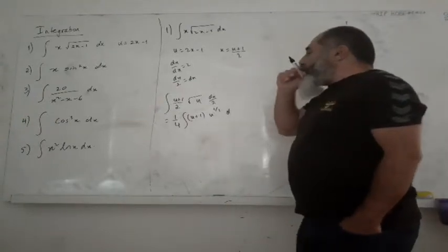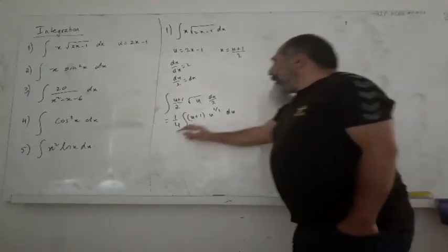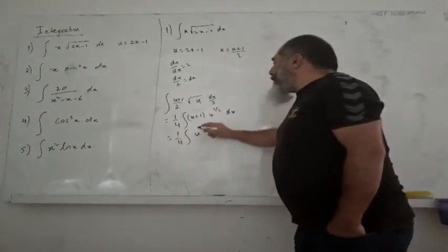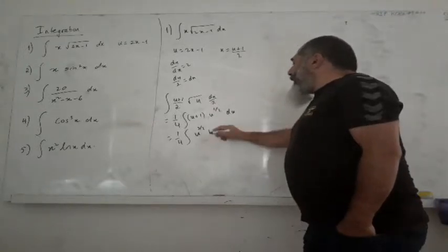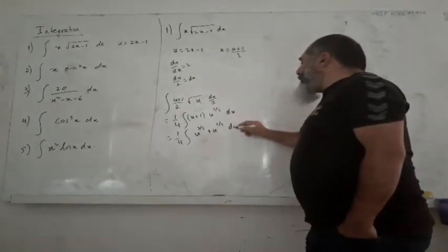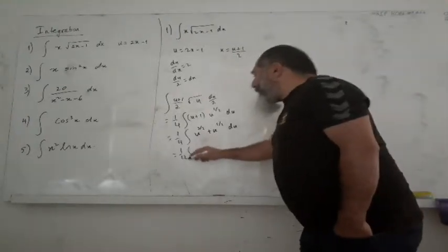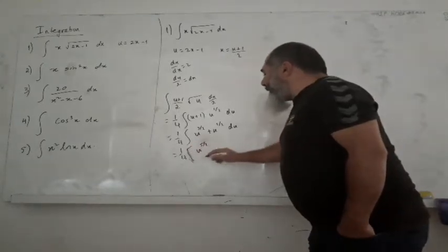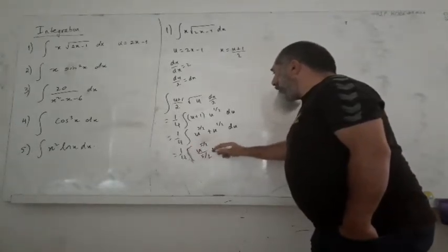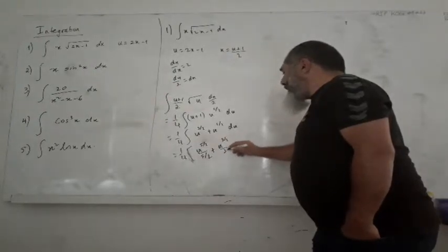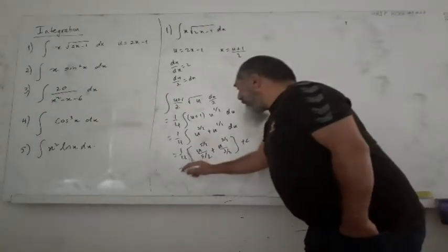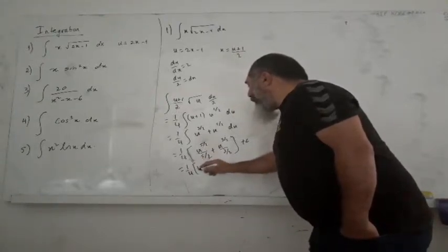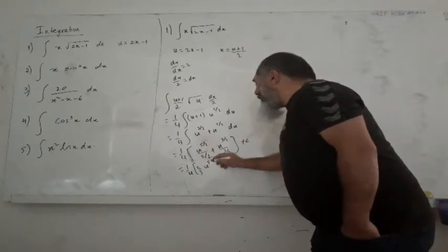Let's expand that one. U times u to the power of 1 over 2 is u to the power of 3 over 2, plus u to the power of 1 over 2 du. And we have a basic integration here, add 1 to the power and divide by that number. Yes, that is going to be 1 over 4, 2 over 5, u to the power of 5 over 2, plus 2 over 3, u to the power of 3 over 2,